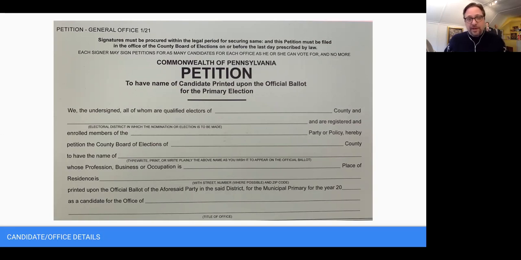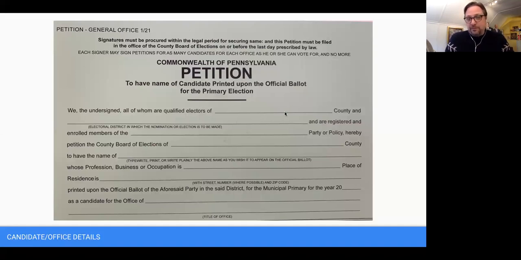And so each petition comes with some general information that you need to address. And I would encourage either you as the candidate or members of your campaign team to fill these out for your circulators, the people who are going to carry these petitions, because you want all of this information to be consistent. And so we'll just run through what the blanks are here at the top of the page to give you an idea of how to fill those out.